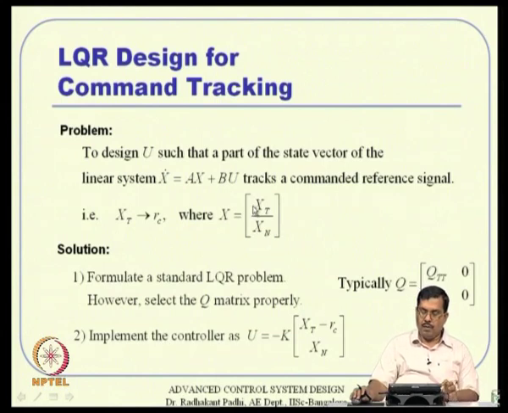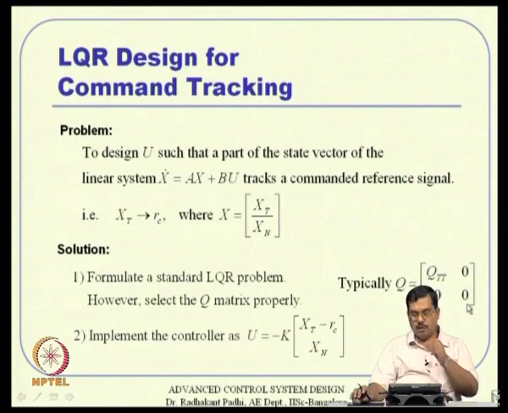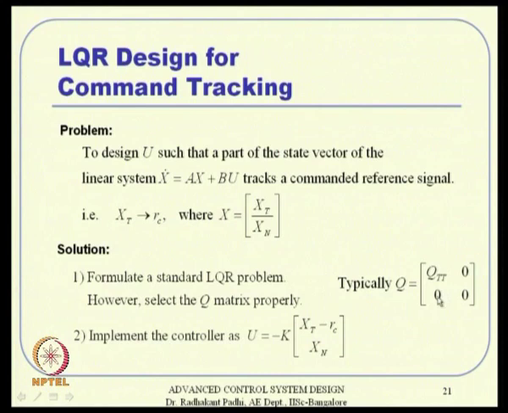Okay. So, you are not going to revisit the entire problem. The whole idea here is, you typically select a Q matrix this way, QTT and QNN is nothing here. So, QNN is left free, and off diagonal you do not normally put anything, that is anyway 0. But once you get a solution for this LQR problem, you operate the controller that way. So, u equal to minus Kx, x being xt and xn,